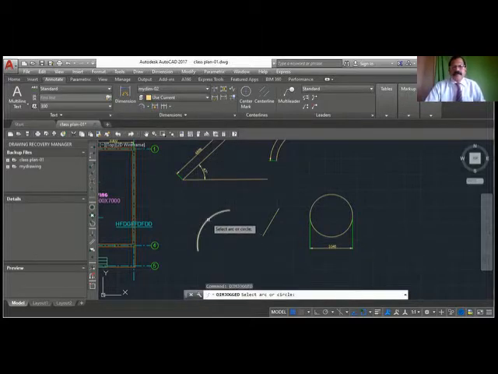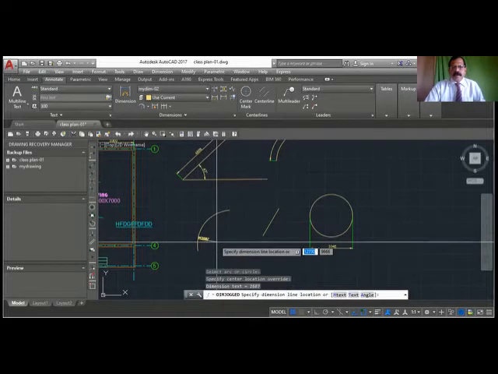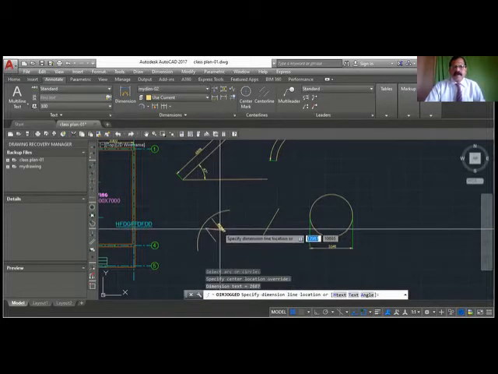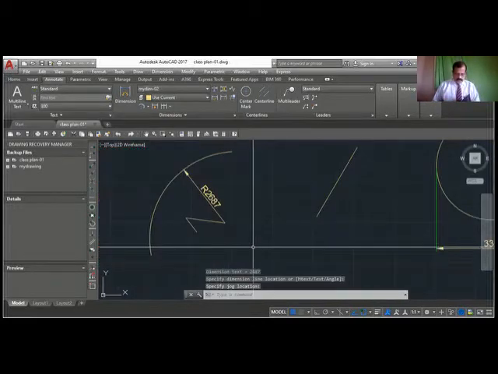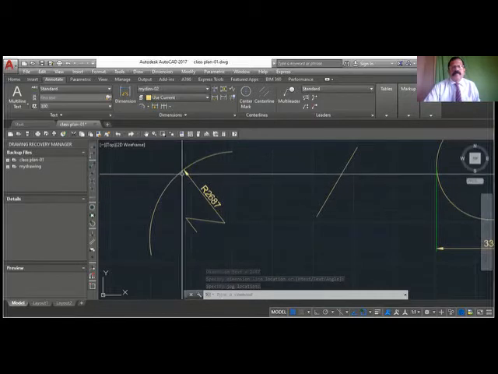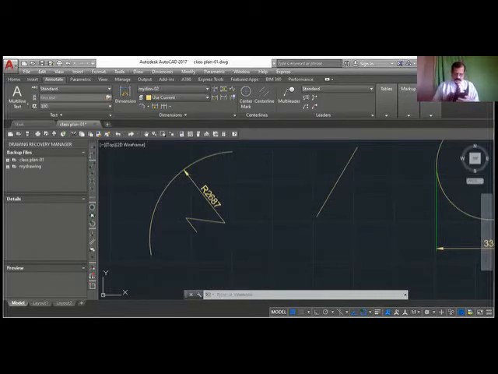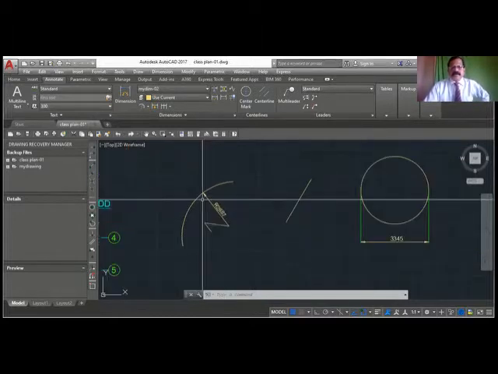You select this and show a location, and you can see that. Okay, so that is how you do the jog dimension.